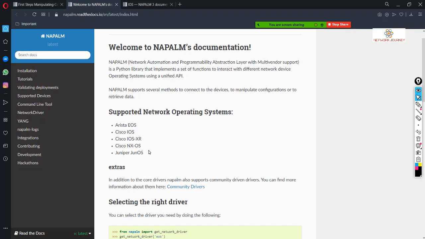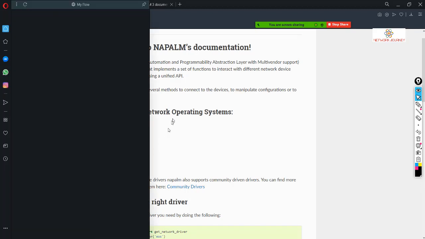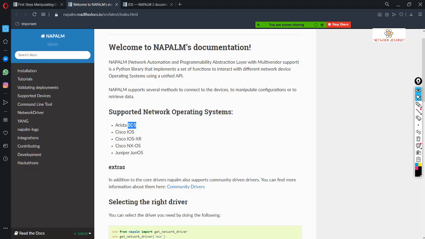There are a lot of different vendors. F5, which Netmiko will support. Unfortunately, NAPALM is going to support these ones, okay, which is quite enough for us because it is going to cover a lot of things. Okay, Cisco is covered. You have Juniper. You have Nexus boxes. You have Arista.